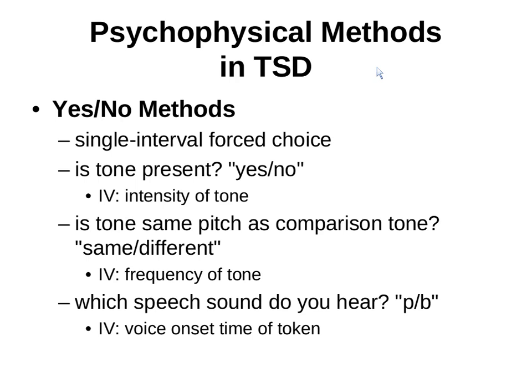So in that kind of yes/no method, where you're asking somebody is the tone present, the tester might manipulate the intensity of the tone. And another one: if you're asking the subject, is the tone the same pitch as the comparison tone? So is the tone that I'm presenting to you right now the same pitch as the comparison tone, or is it a different pitch? Or you could do this with a speech perception study where you're presenting two different speech sounds, like a minimal pair that's only different in voicing, like P and B, and the independent variable might be that the tester is going to manipulate the voice onset time of that token, like pa and ba. So that's the yes/no method that you could use in the